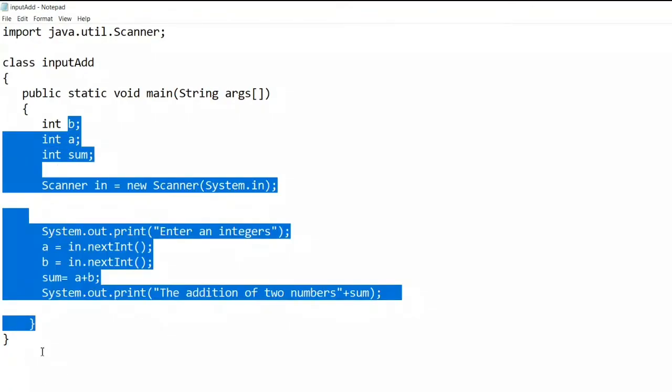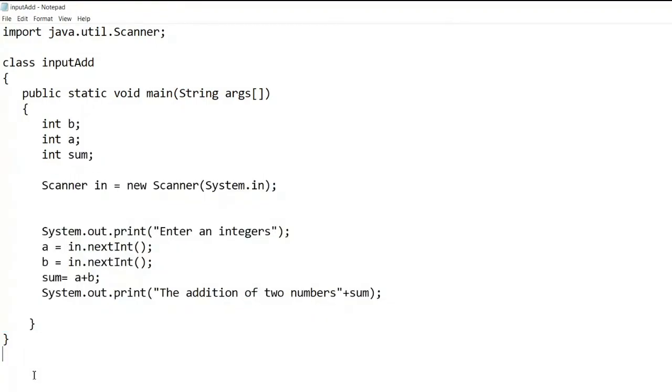Suppose another class is there, so I will take here class xyz, any name you can take. Suppose I want to access the variable b here.